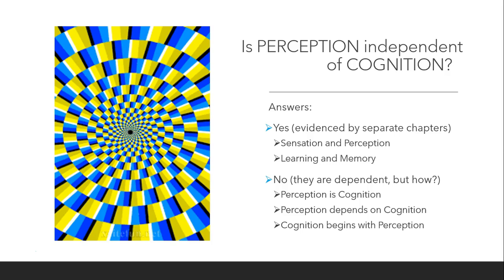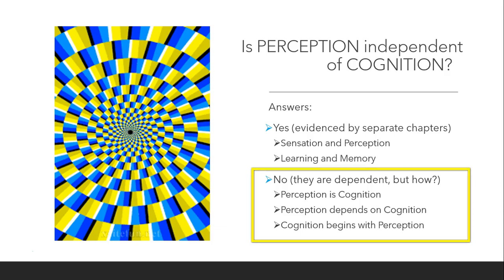So while her premise, in my opinion, is a bit overstated, it's also difficult to find support for her premise historically. No major thinker or school of thought has implied or stated that perception and cognition are independent processes. There are recent trends that advocate for this, however, it's a very recent development. So if perception is not independent of cognition, they must be dependent, but how so?